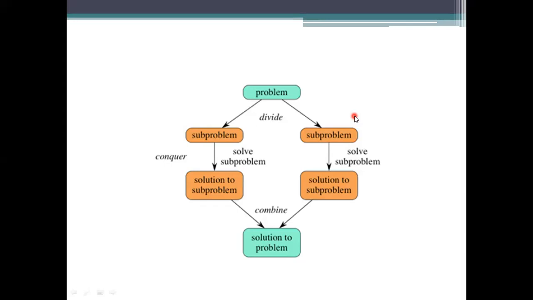After that, we need to solve the subproblem, which means arranging it in ascending order. After arranging each one, we combine them to form a solution to the final problem. These orange color representations are solutions for each subproblem, and this one is the solution for the main problem we chose before dividing.